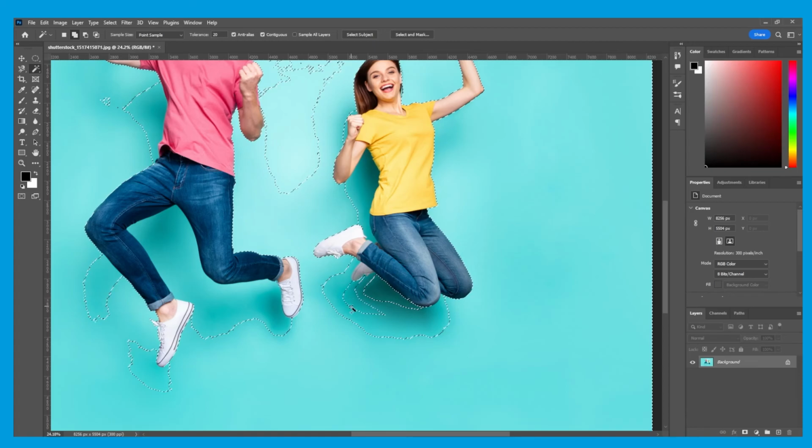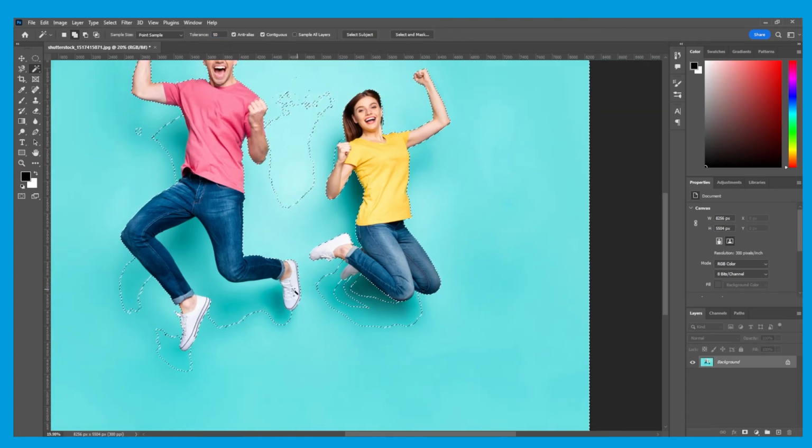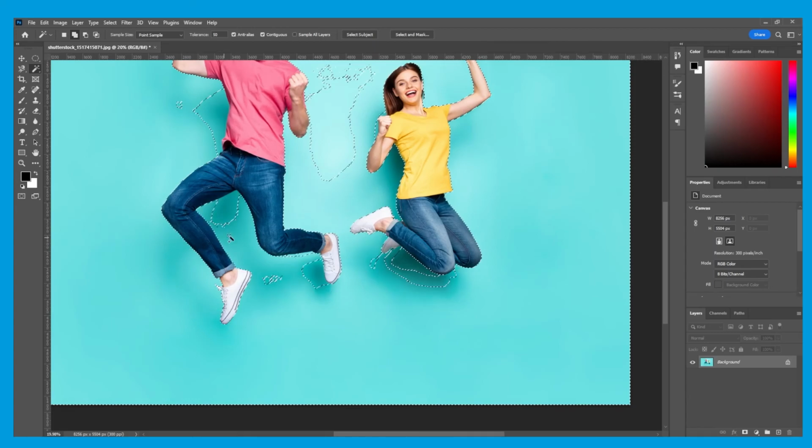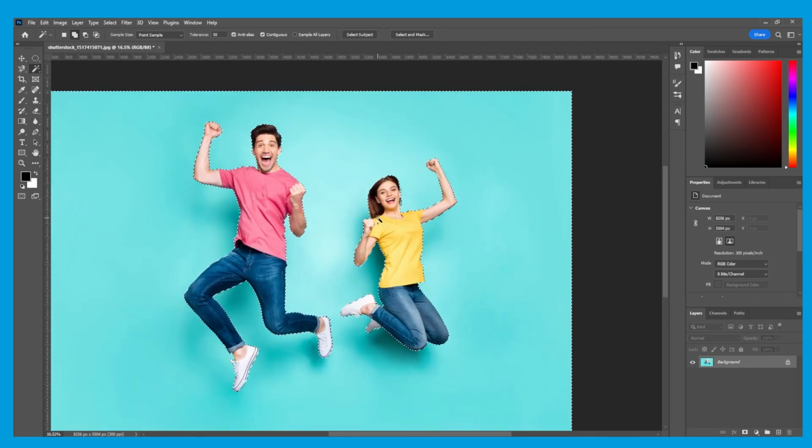And then we can just continue, and I can probably put the tolerance back up to 50 now and continue selecting. And make sure you're holding Shift while selecting this area. So now I've selected my background.